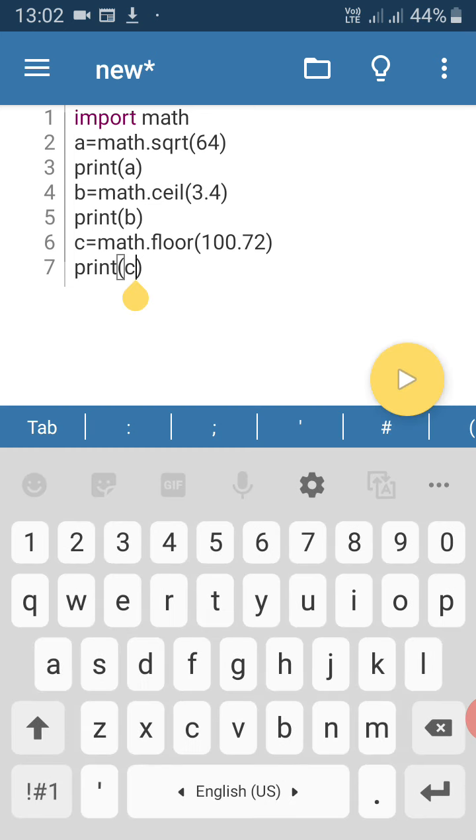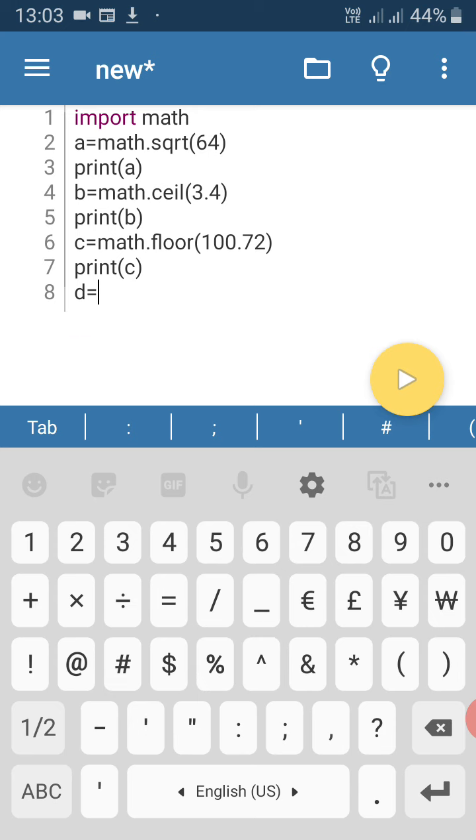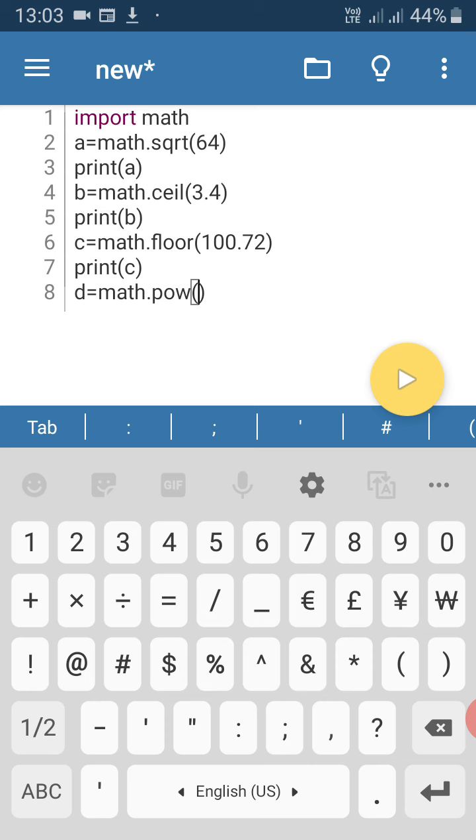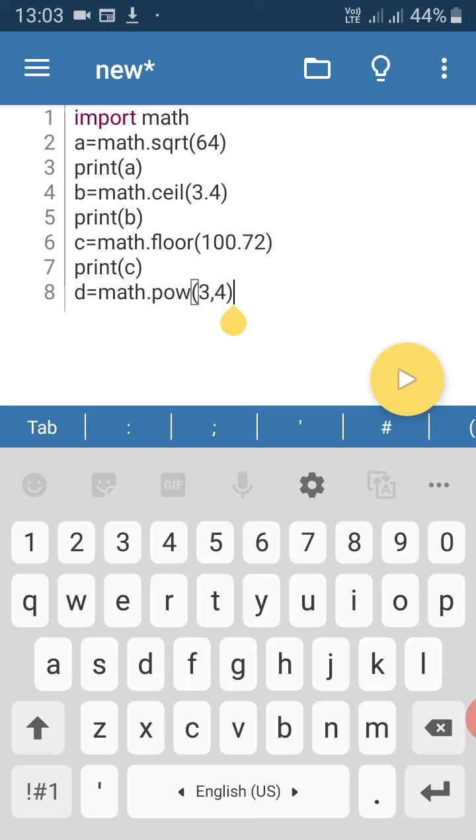Now next is power. D is equal to math dot pow within bracket base 3 comma exponent 4. Now it will return 81. 3 to the power 4.